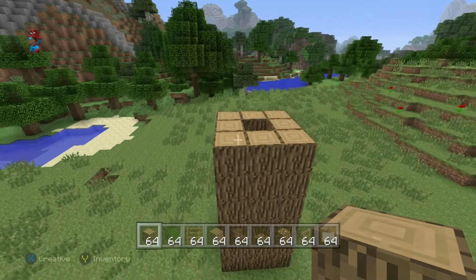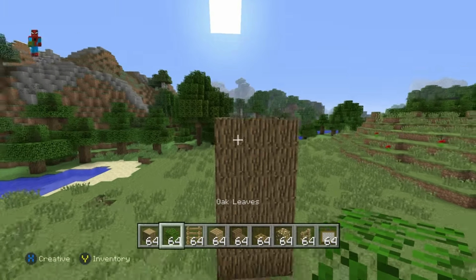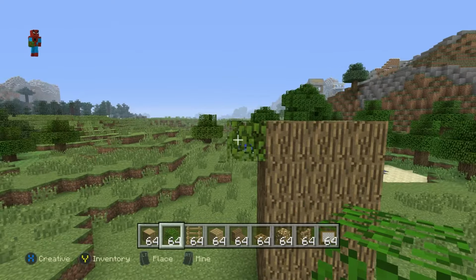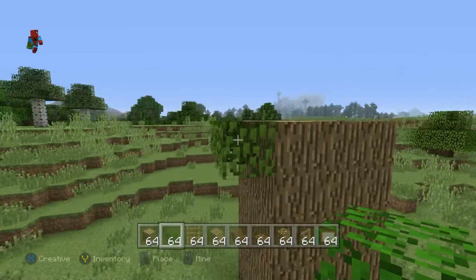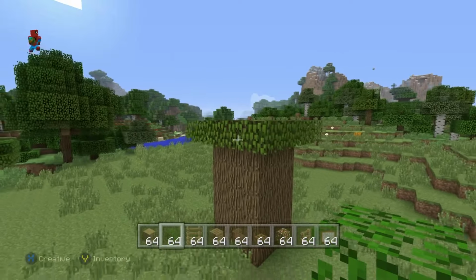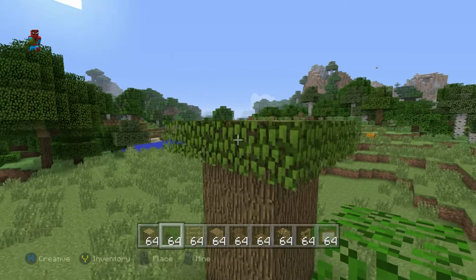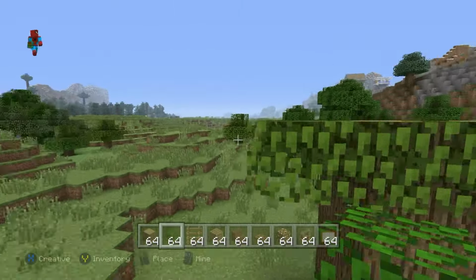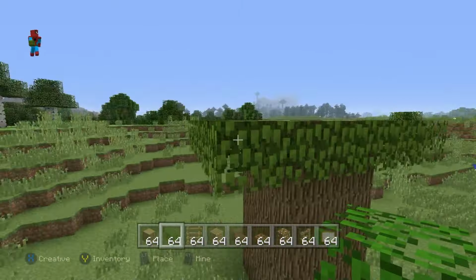Once we have the actual base of the tree, we're now going to take out our oak leaves, and we're going to do a layer of oak leaves going all the way around the top of the tree. It's going to go all the way around the top row of oak wood, going all the way around the tree like this. We're going to do that once, yeah? And then we're going to do it again. We're going to go all the way around once again, and we're going to add another layer of oak leaves